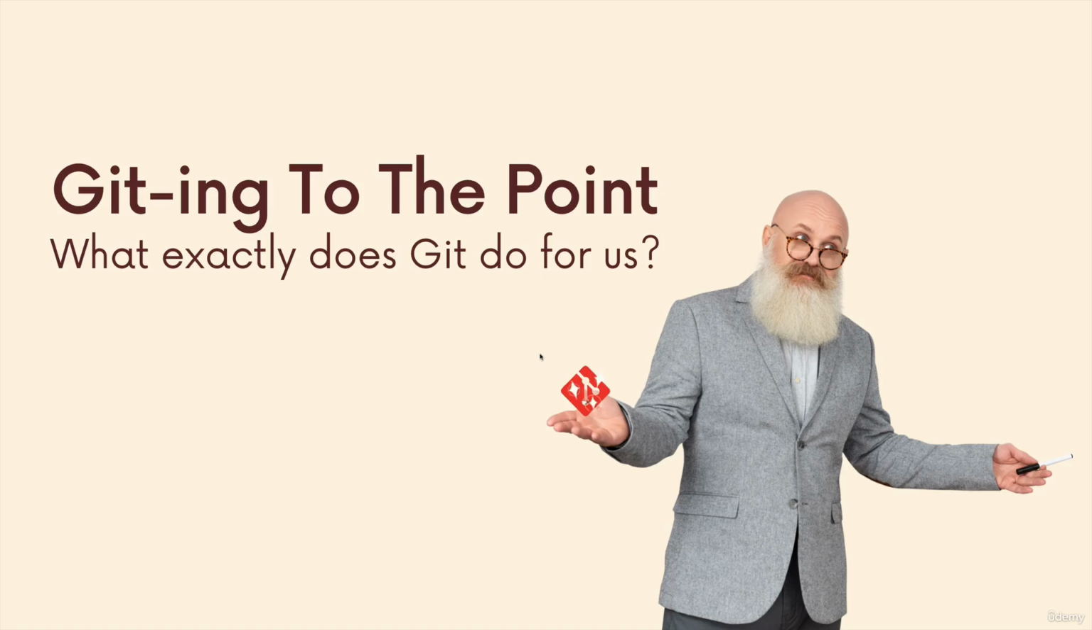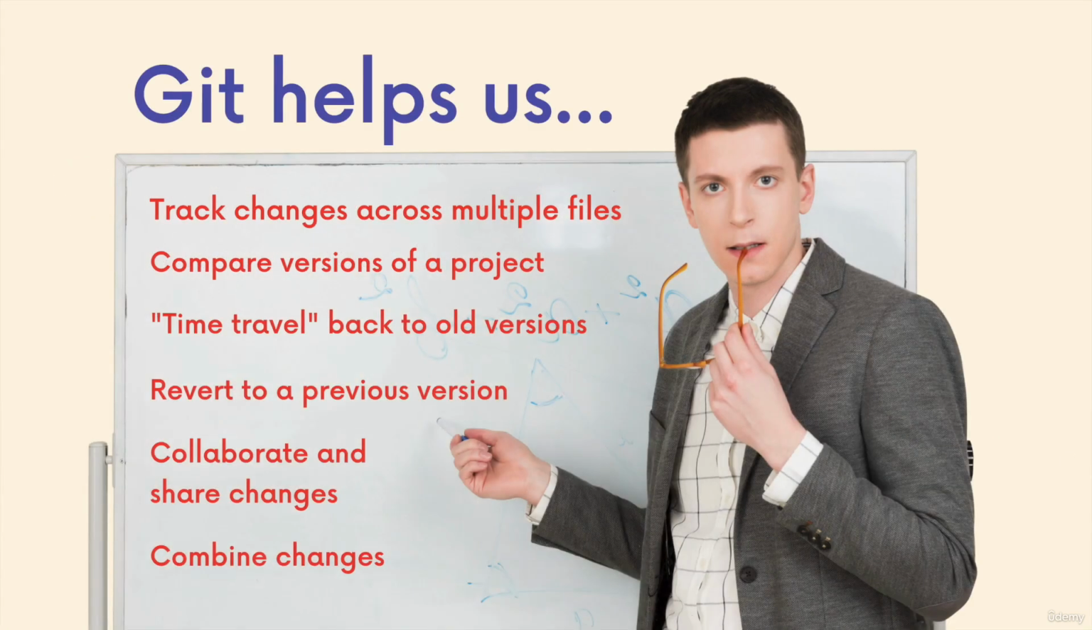So now that we know that Git is a version control system, a popular one at that, let's talk more about the specific features. What does it do for us? So in this slide, we can see some of the main things Git helps us with. It helps track changes across files, compare versions of a project, time travel back to old versions, take a peek